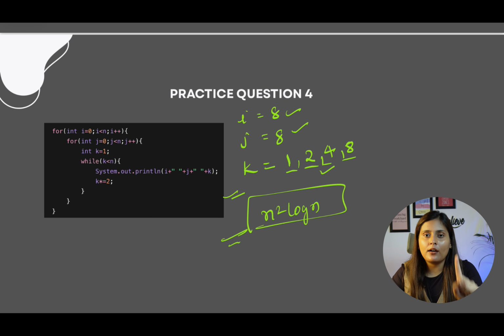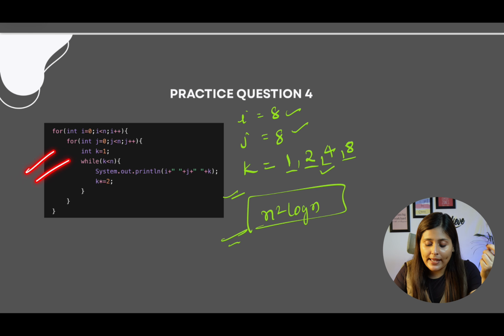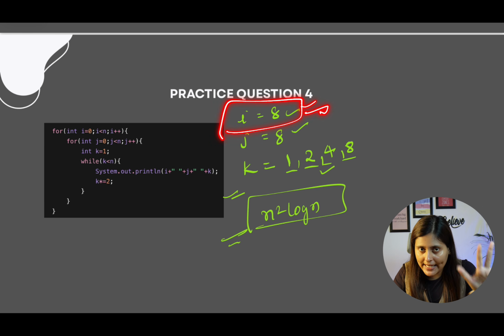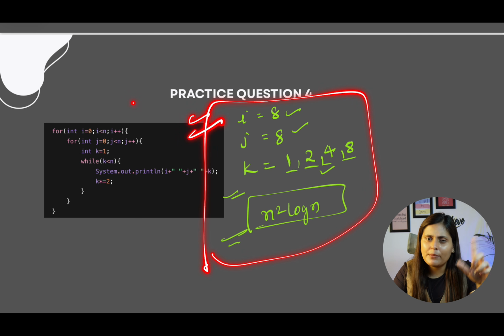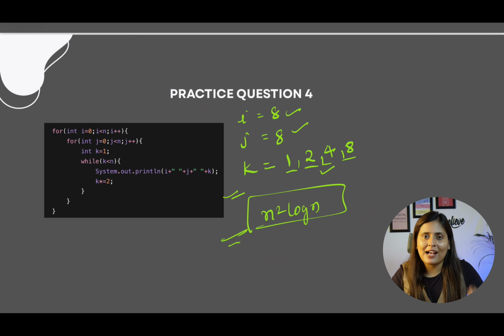But always make a habit of calculating the best, average and worst case time complexity here. Sometimes just by average test case also, like how we have taken a smaller example 8, we have got the same n squared log n time complexity. Similarly, by taking a larger number also will actually give us the same n squared log n. So in most of the cases, average and worst case can be same.